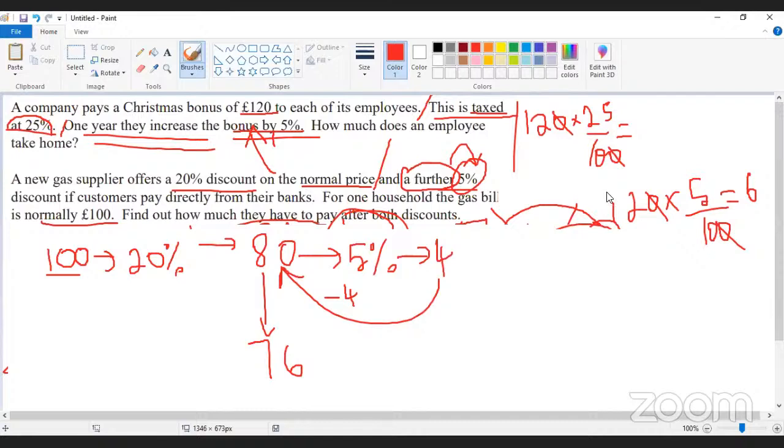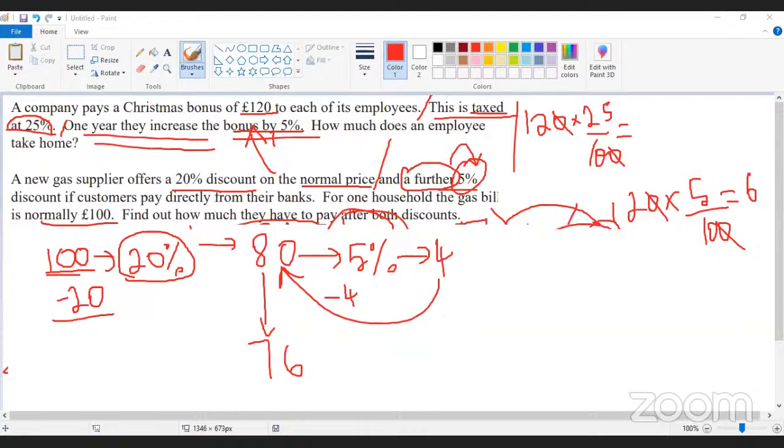Are you clear? How do you get 80, 20% discount? 20% discount means out of 100, 20% is 20 euros. I have to subtract. The word discount means subtract. Please do read the question. Please do not blindly copy things from the board. Just try to solve it. Read the question and the terms.